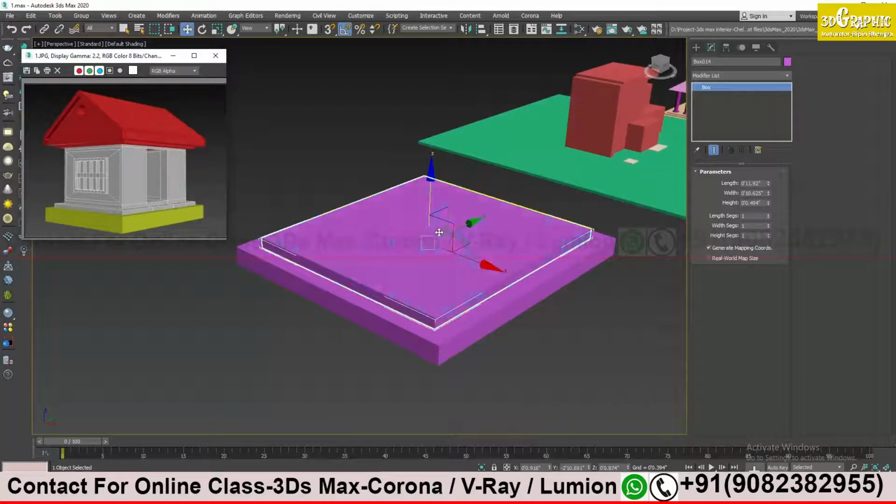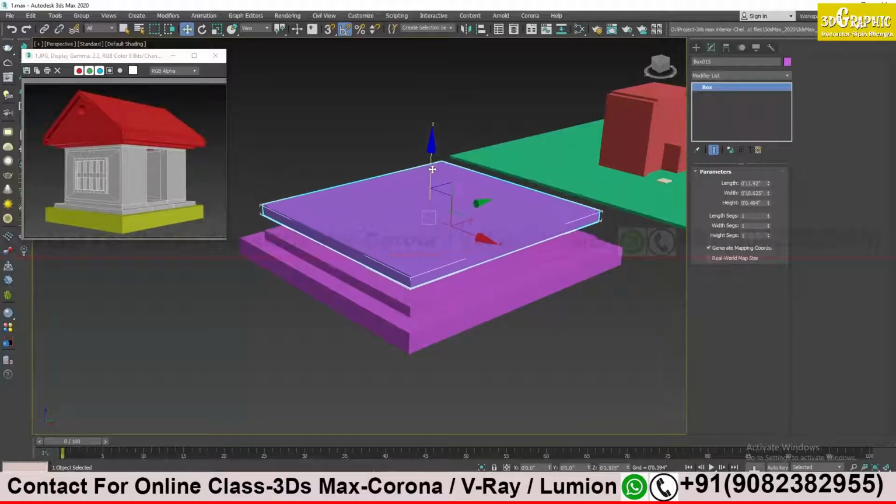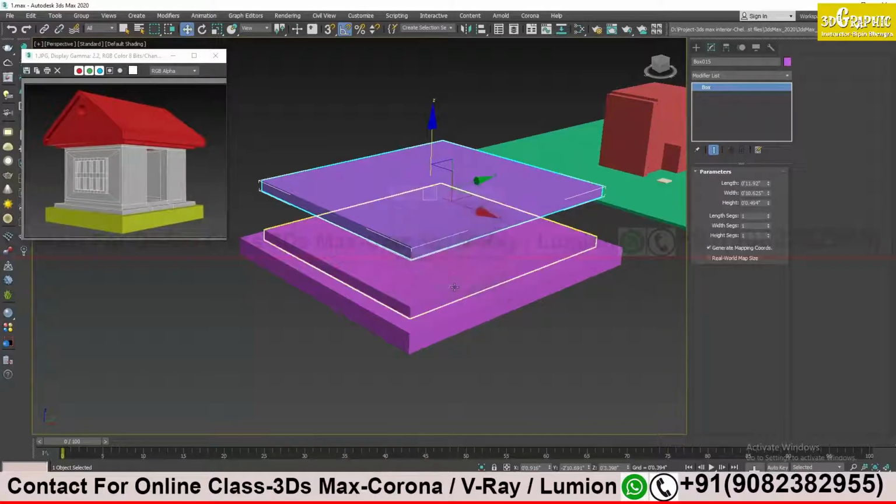Okay, so to make the body, these walls, again I will click and drag it out. Just a simple left click. I will hold the Shift key, left click, and drag it out. Simple. Again I will select copy and okay.